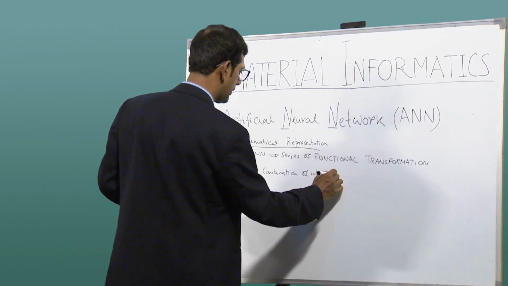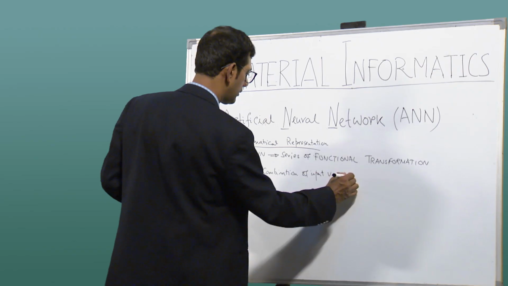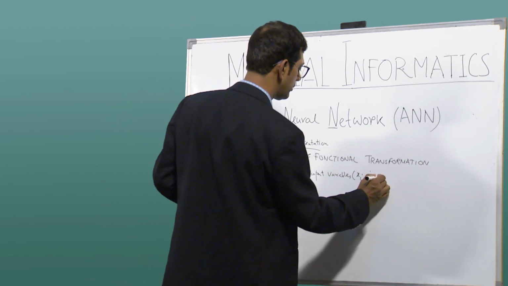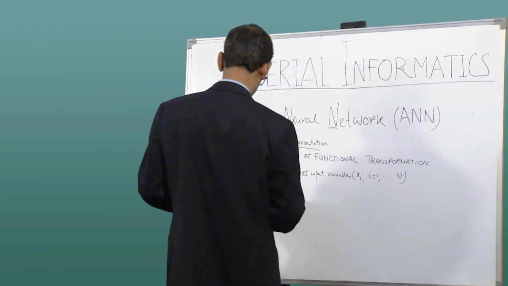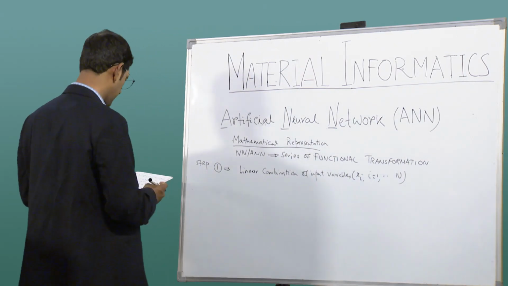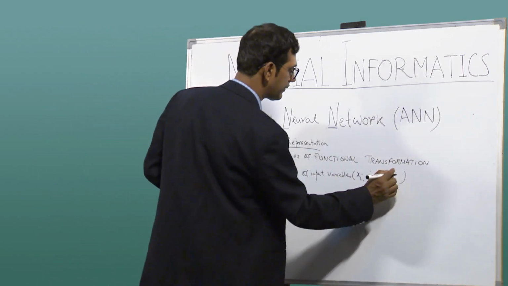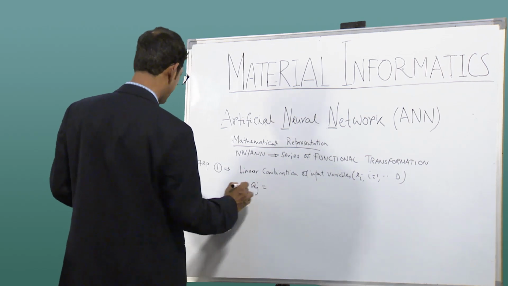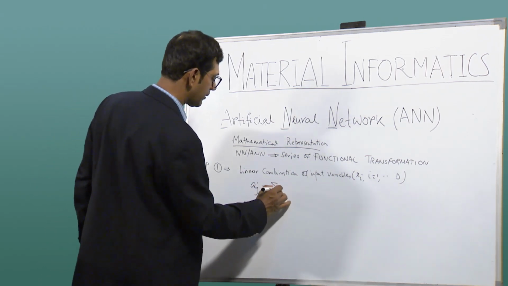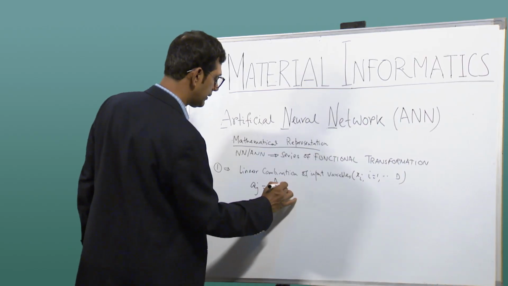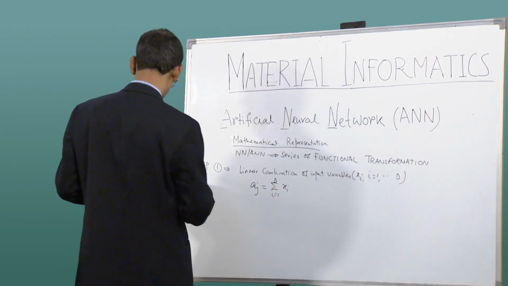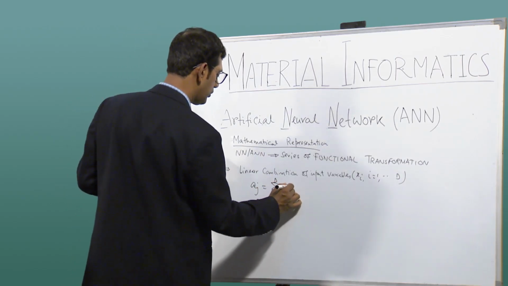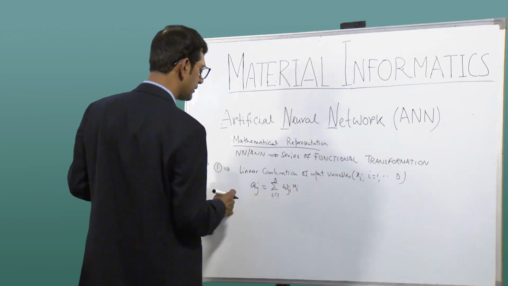That is as usual I just described with you. Input variables can be x_i where i goes from 1 to n, or rather better to write a different variable, 1 to d. So, what is that? I can write down a_j as summation of i going to d, x_i, sorry, I have to write w, w_ji, please look at the symbols,